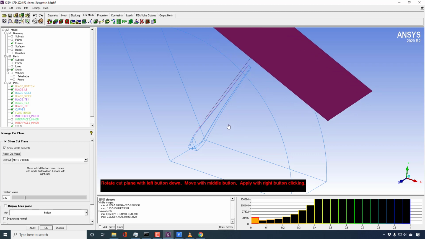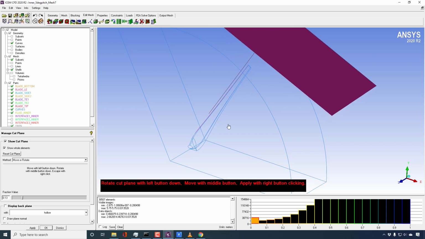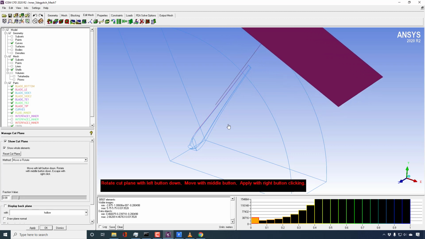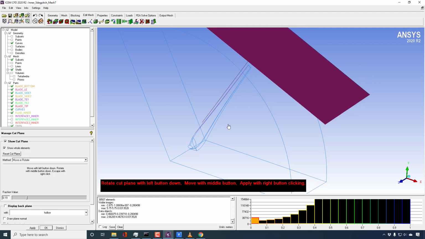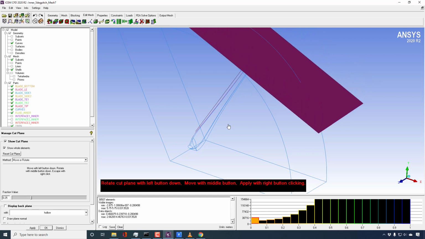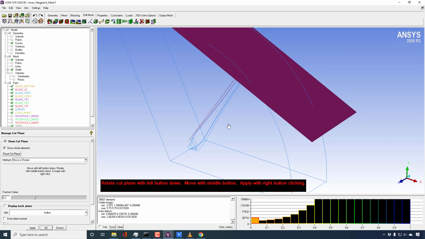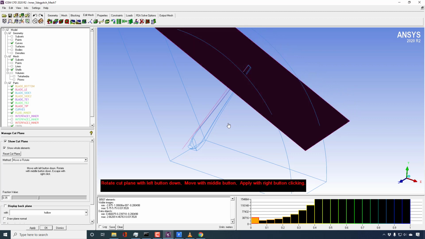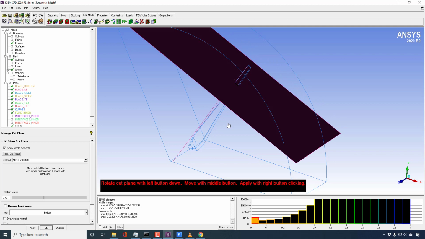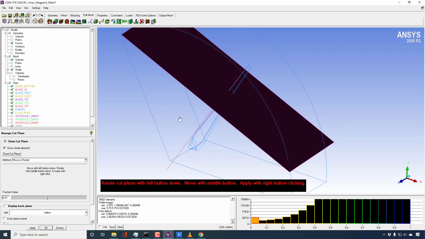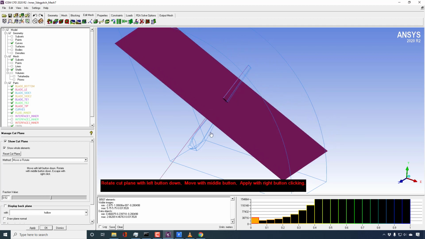My choice is to use the wheel button and move it up and down. Right now I am moving it upwards with the wheel, and this is going down. As soon as it is on my required location, I will just press the right mouse button and this will stop there and create the plane.